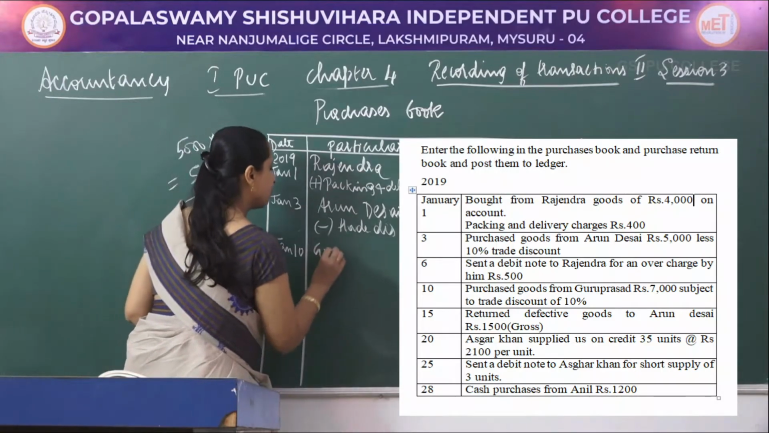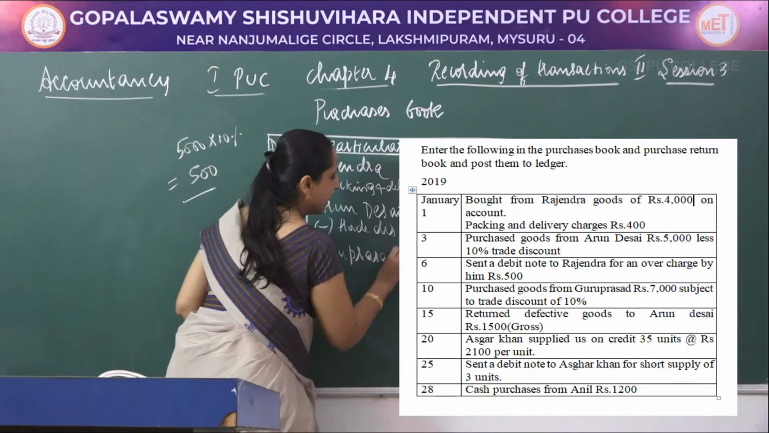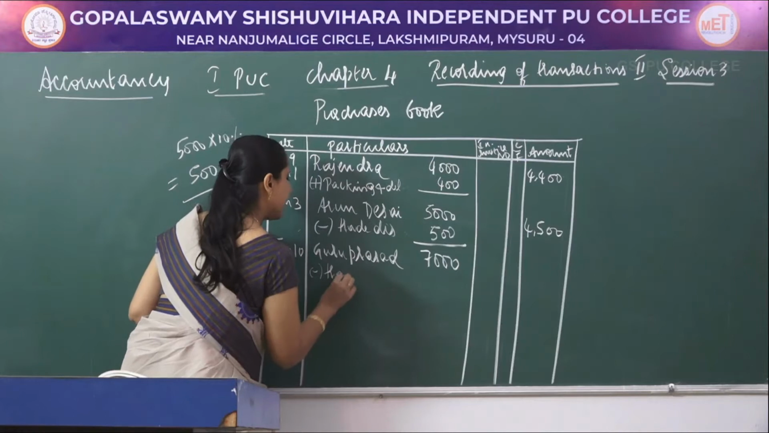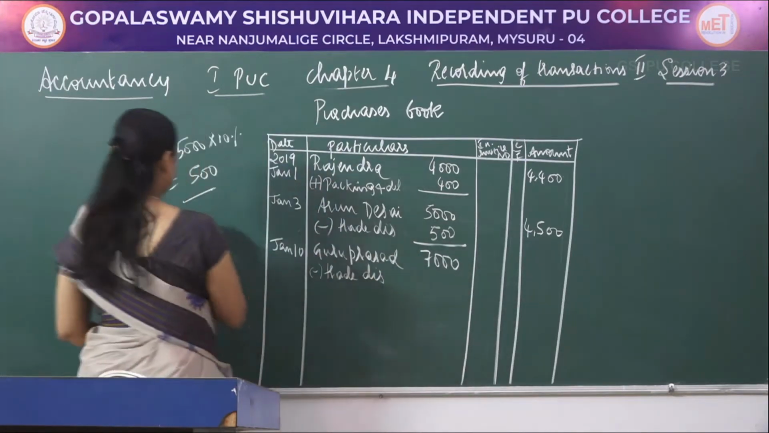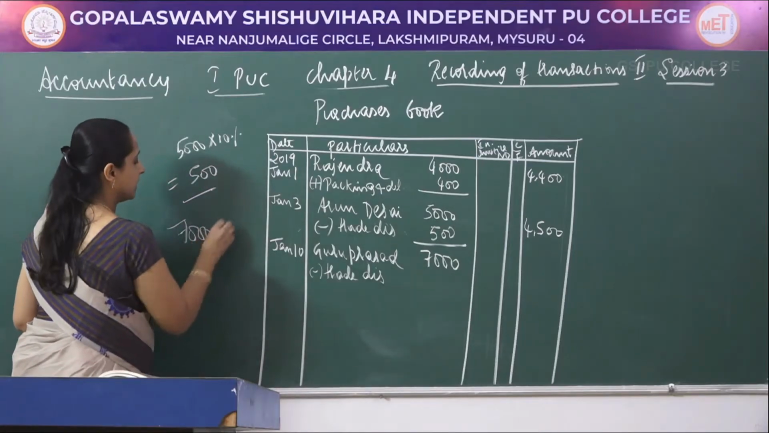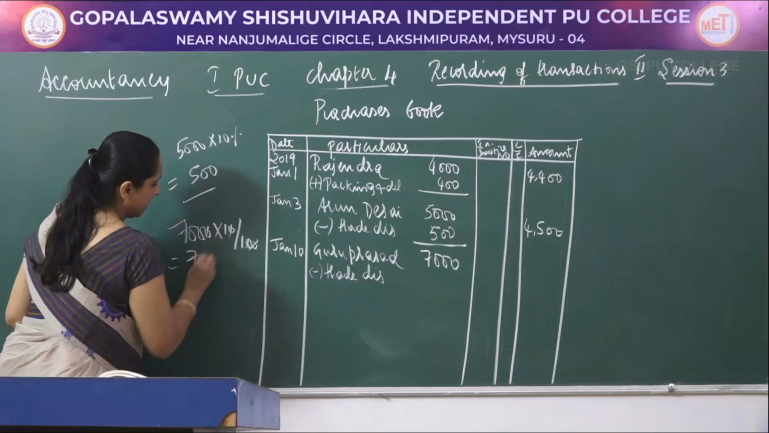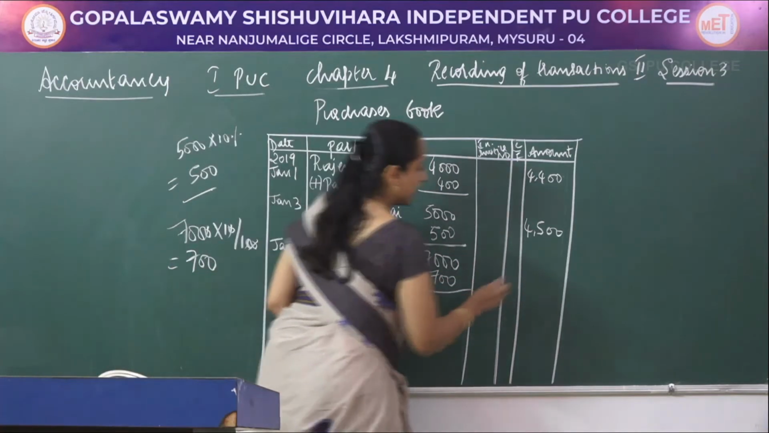we have purchased goods from Guru Prasad worth rupees 7,000 and here also he is giving trade discount. Again here we have to calculate on 7,000. 10% discount on 7,000 comes to 700. So if I subtract 700 from 7,000, I get